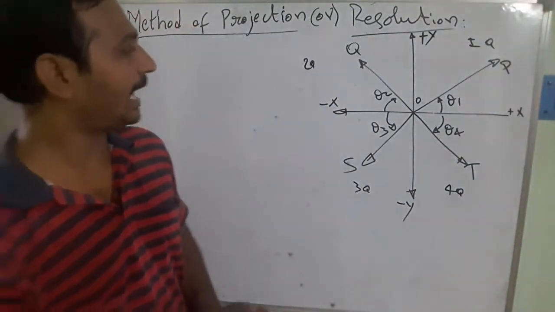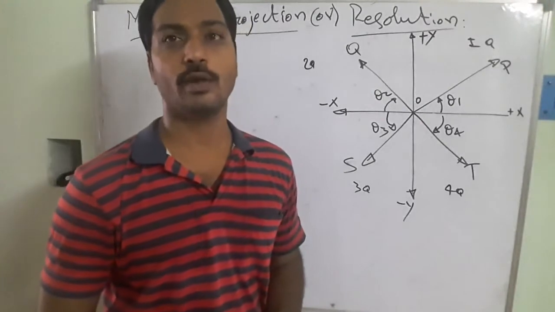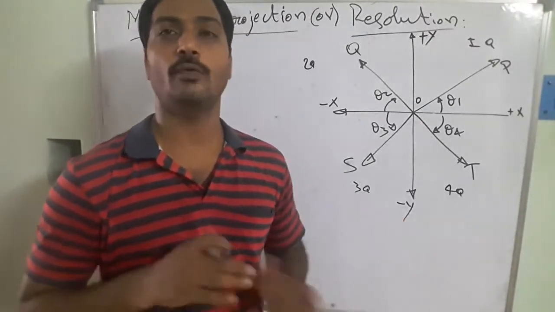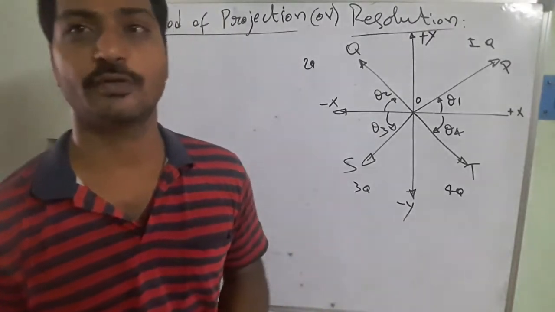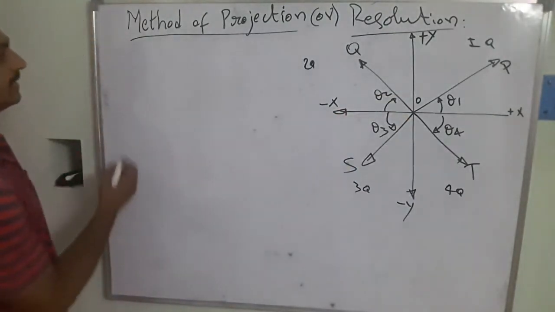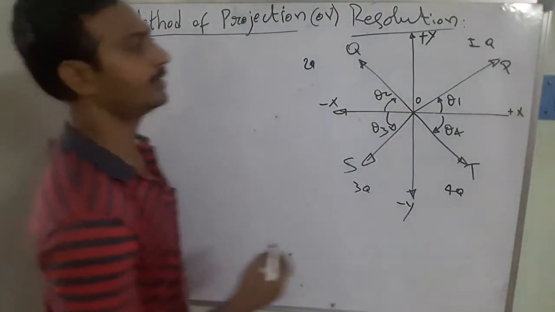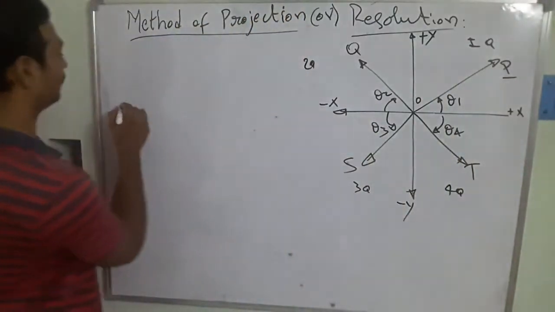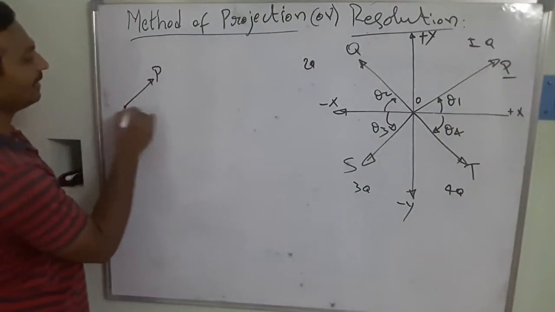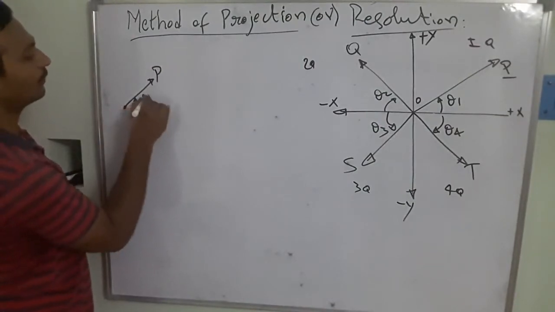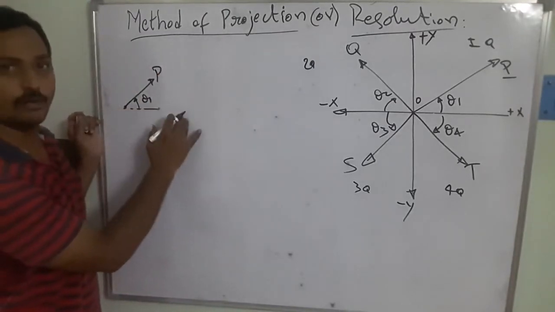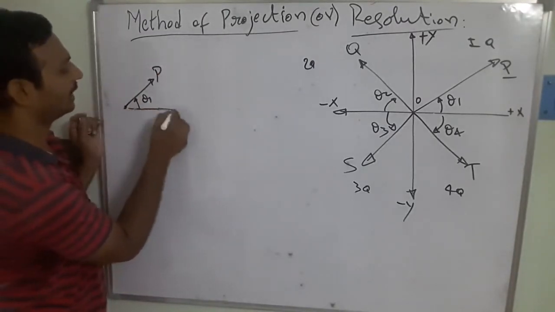While calculating the resultant component, how are we going to take this part? First, we need to calculate the horizontal forces and vertical forces. Then we take the summation of that part. What are the forces we have? In the first free body diagram, if I take the force P, that force is acting towards this side. I am going to resolve this force, and it makes an angle theta 1 with the horizontal.